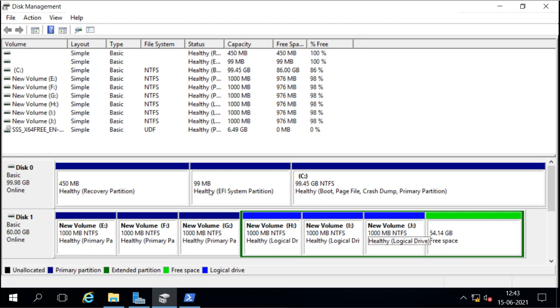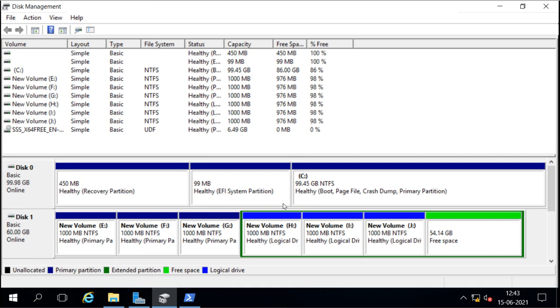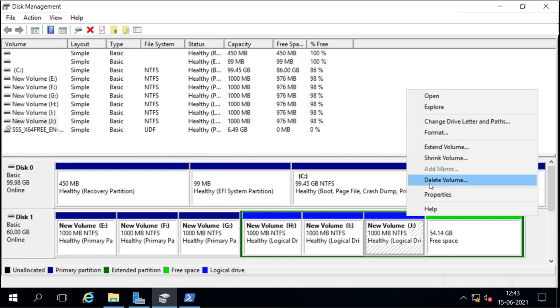But in this PC, when you go here, you will see them like this, and they look like partitions. So you cannot differentiate between the partitions that are primary and the partitions that are logical drives under the extended partition. They all look similar. Now this is the limitation of MBR.